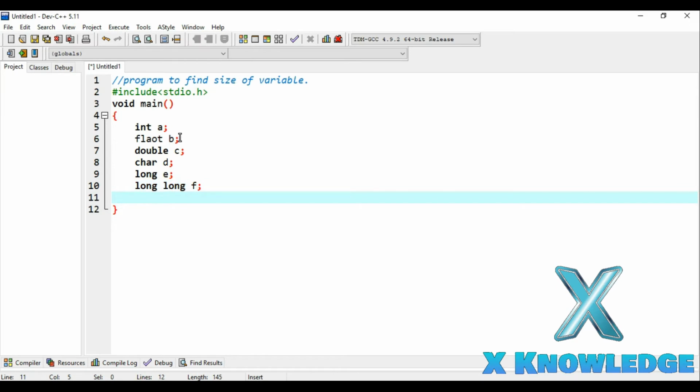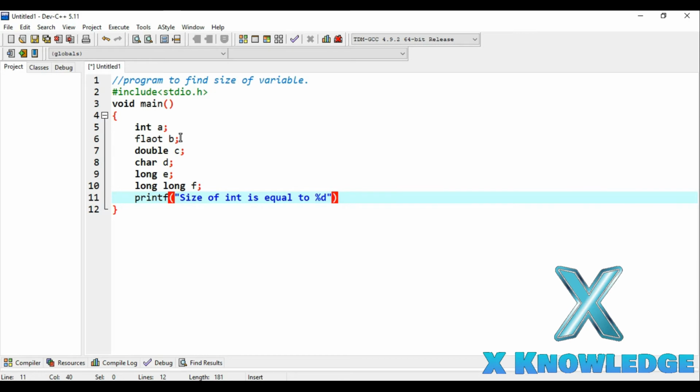Now we will be using the printf function of the stdio.h library to print: size of int is equal to %d. We are using the %d format specifier here, because we know the value given by the sizeof operator will be in numeric form.